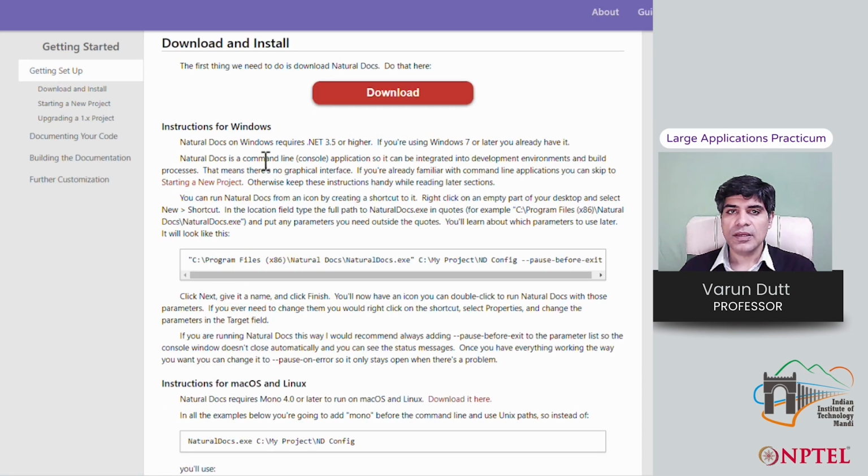As it says, for a Windows machine, which I'm using, you just need to download it, and you need to have .NET 3.5 or higher available. Generally on Windows 10 and 11 that is the case, and if you're using Windows 7 or later, you generally have it. Now once you have installed Natural Docs, you need to configure it.